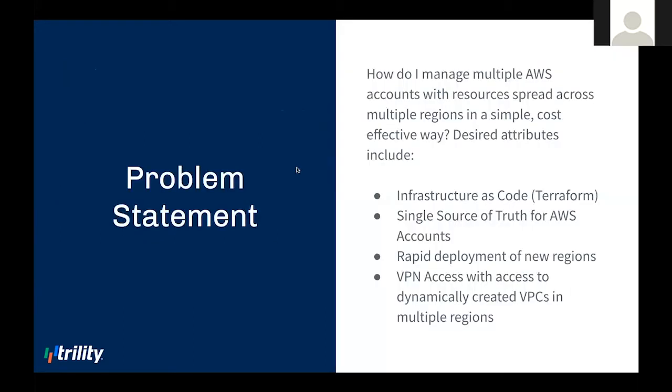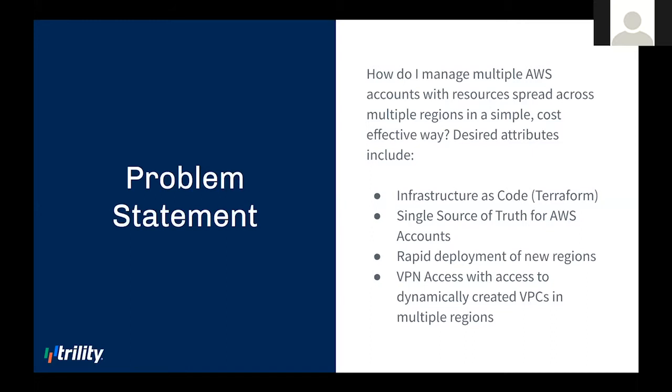So the problem statement to drive everything that we're going to talk about today is: how do I manage multiple AWS accounts and resources spread across multiple regions in a simple, cost-effective way? Some of the desired attributes that we want to include in this particular system. Infrastructure as code. So we'll approach this from a perspective that we're starting with blank AWS accounts. Frequently that isn't the case, but we want to do this